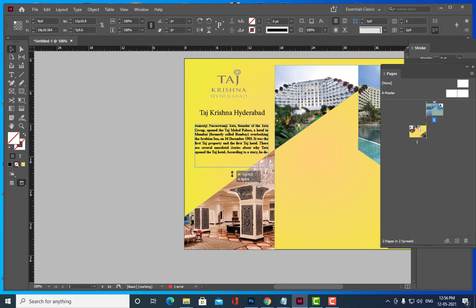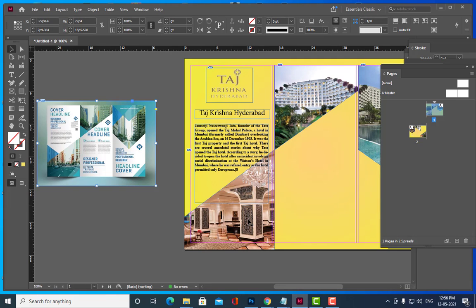So we can actually increase the size of the text. See, if you want this image to wrap the text, are you all getting my point? I want this image to wrap the text.